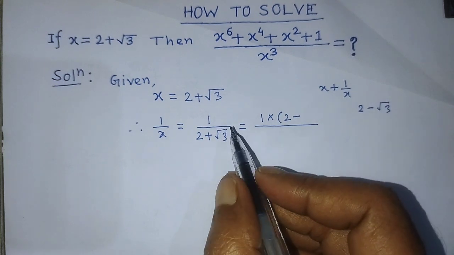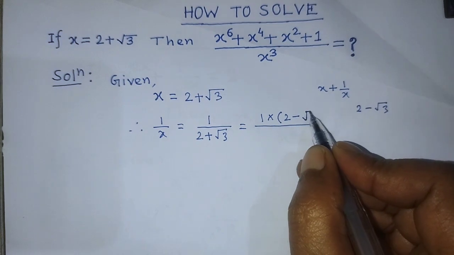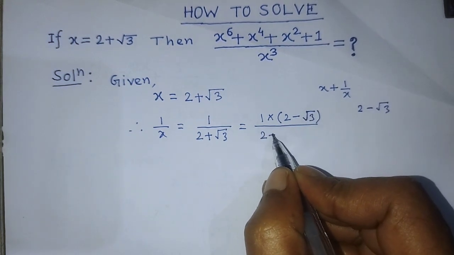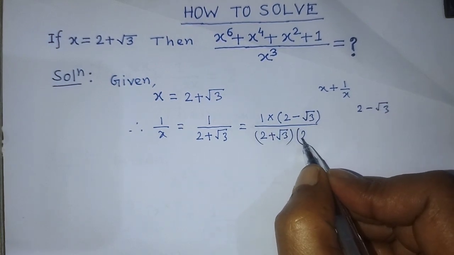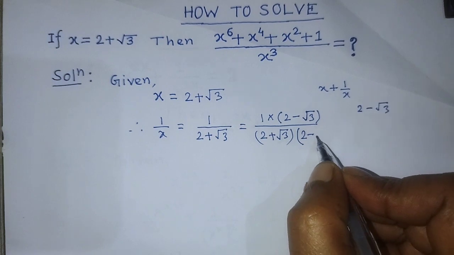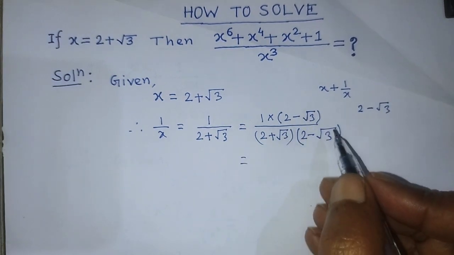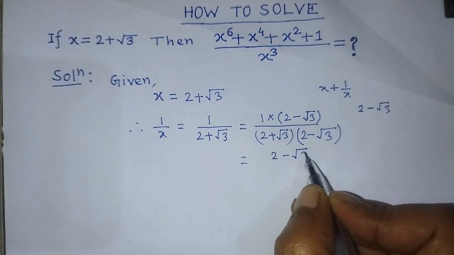So we can write 1 into 2 minus square root of 3 over 2 plus square root of 3 into 2 minus square root of 3. After that we can write 2 minus square root of 3 over